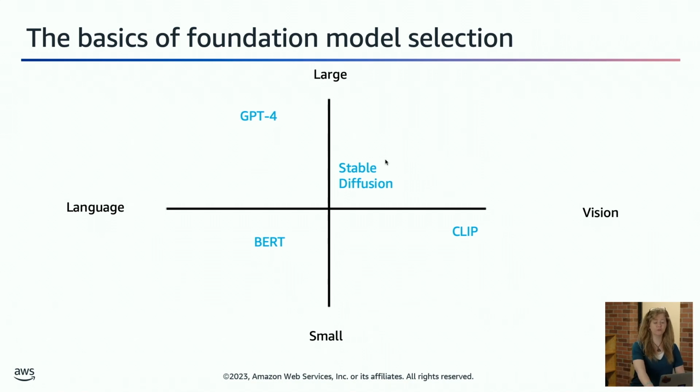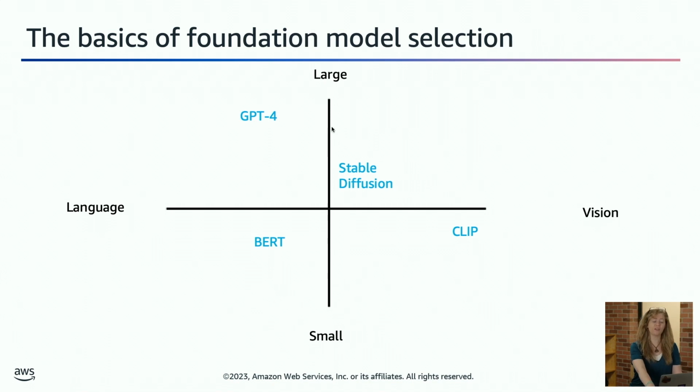And then Stable Diffusion, of course, is another foundation model that is text to image. Stable Diffusion lets you add a couple prompts, add some language as an input to your model, and then it will produce a novel image for you. And so when you're picking a foundation model, at a bare minimum, you want to know what the inputs and outputs of the models are. Does the model take language and produce language? Does it take an image? Does it take text? Does it output text, etc.? So once you know that basis about the domains, then that obviously limits down your scope to something a little bit more choosable.